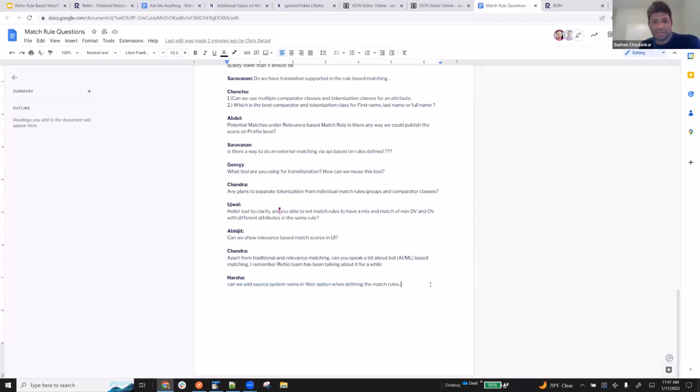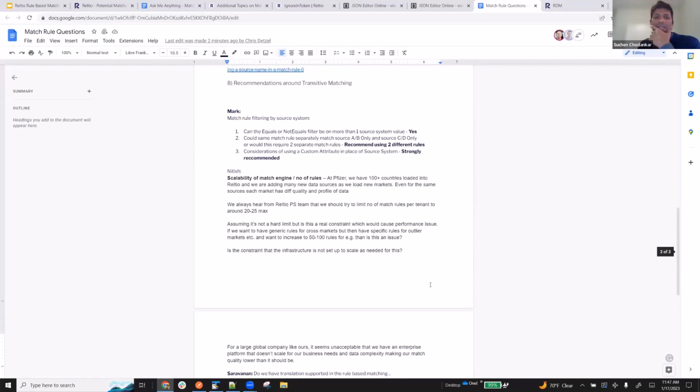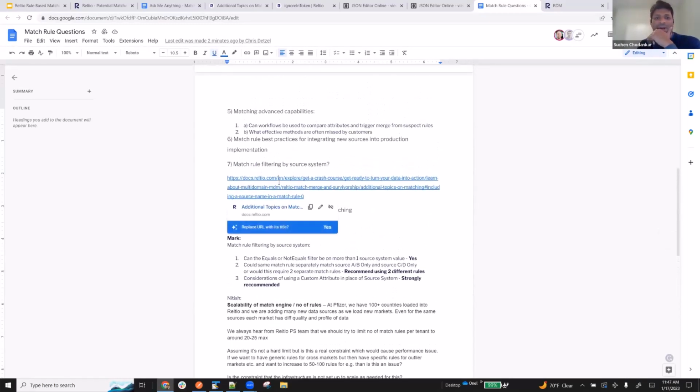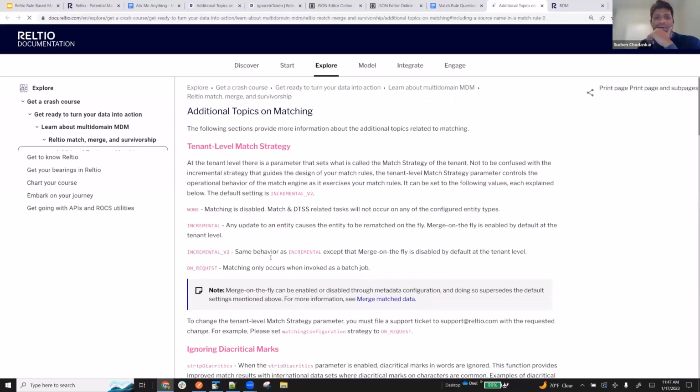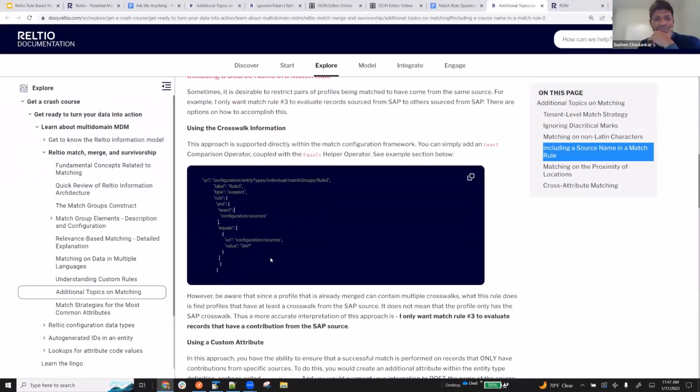Filter option when defining the match. Here I have an example of how you can use the source system in the match rule. As you can see, it is matching for exact sources, and then you can define which source system